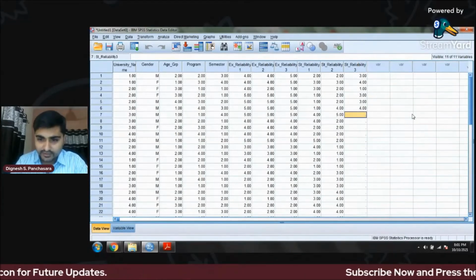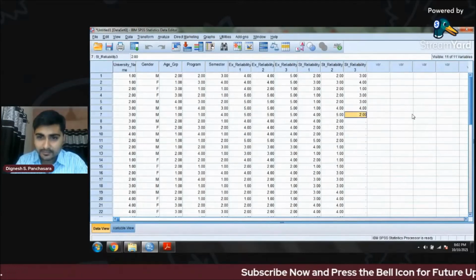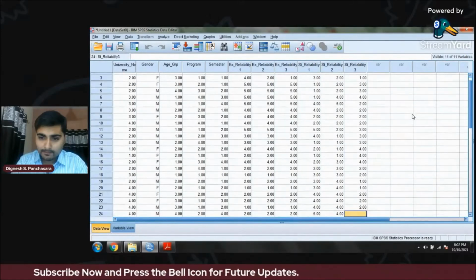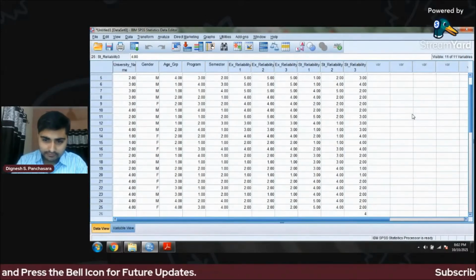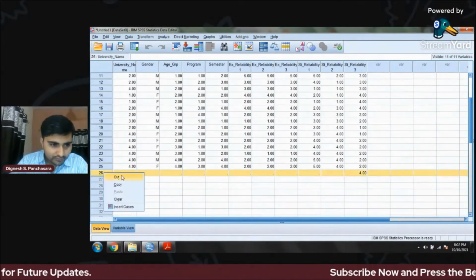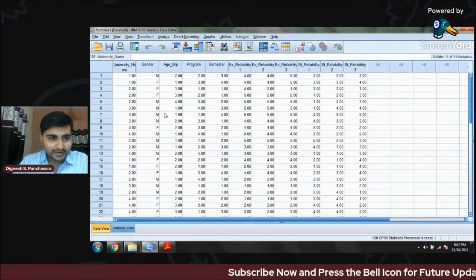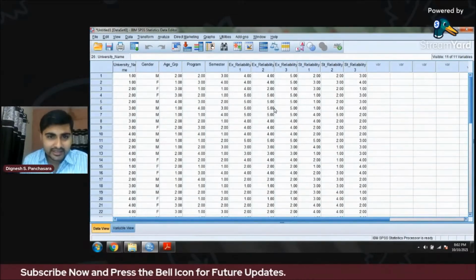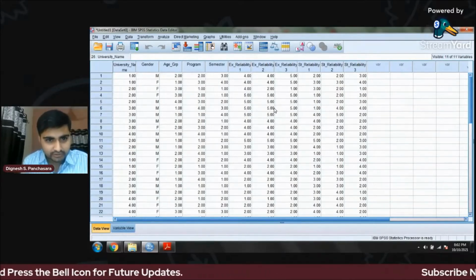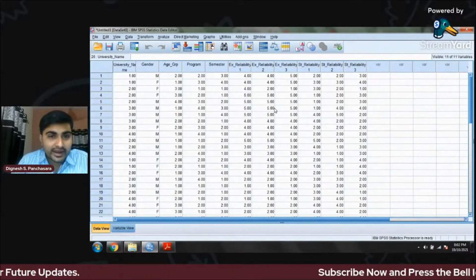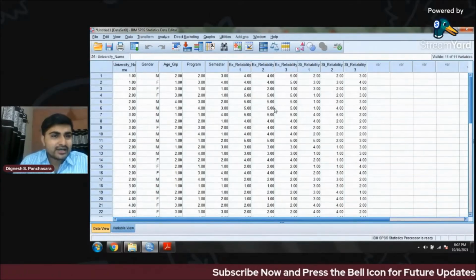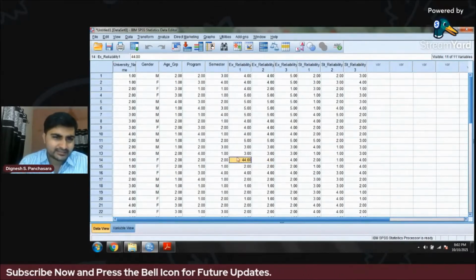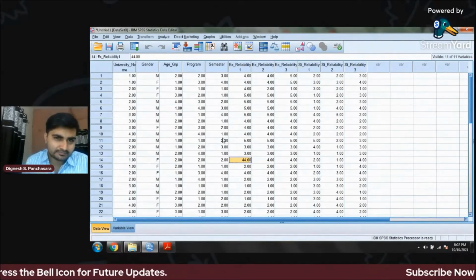This is how we can clear the mistakes. So this is my data set. I'm collecting primary data from students. The data is in my hand and I'm giving particular codes. We have entered all the codes as per the questionnaire. If I made a mistake, for example, this is not 4 but 44, how can I find this mistake?